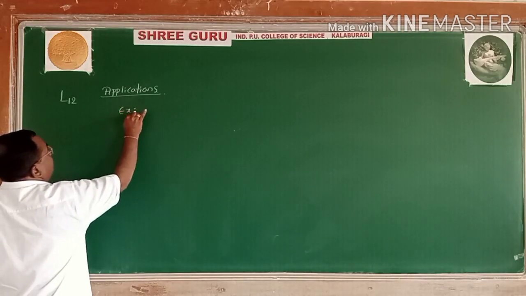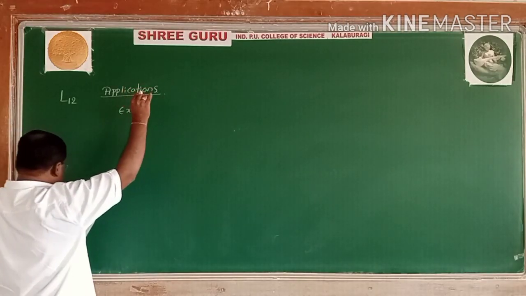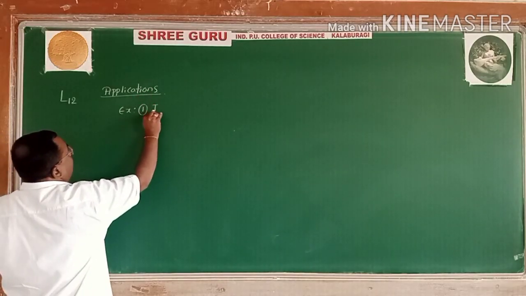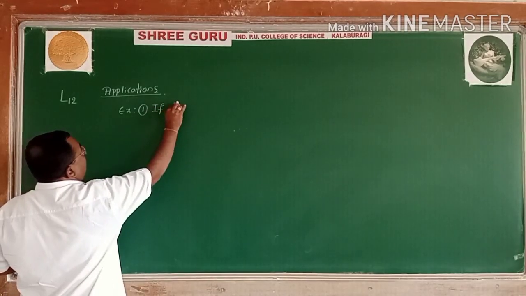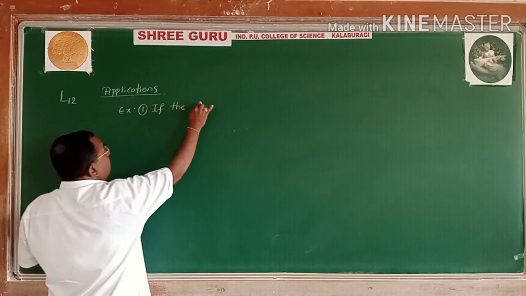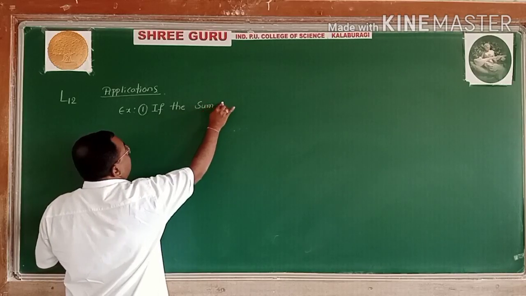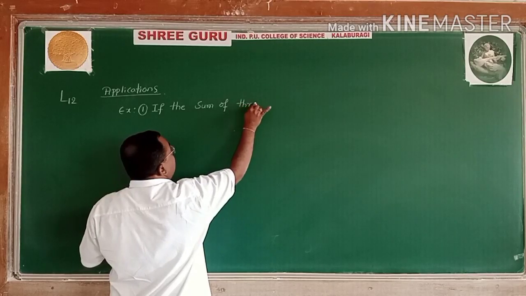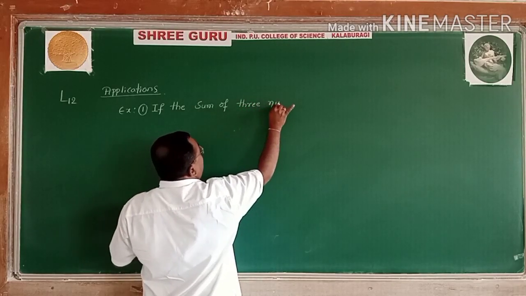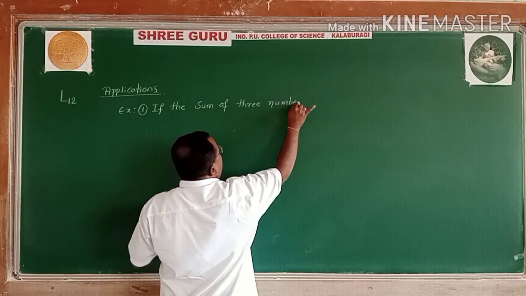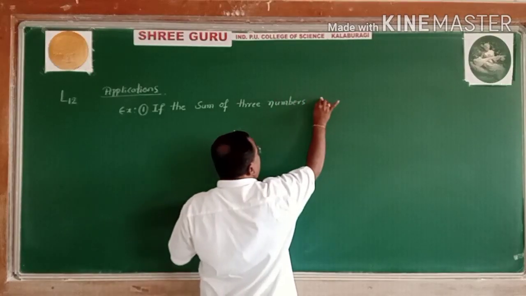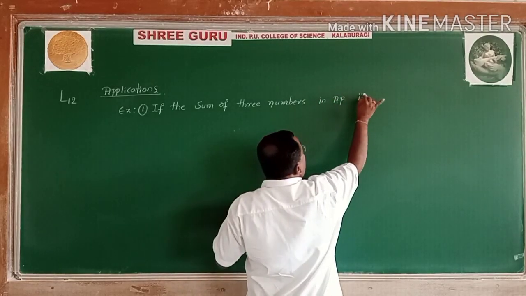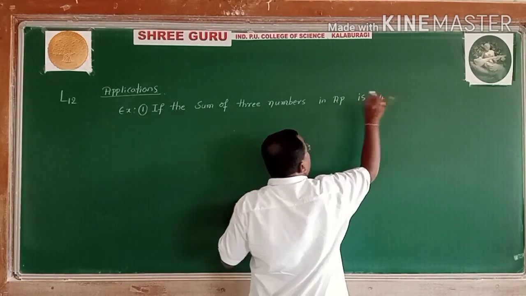Example number 1. If the sum of three numbers in AP is 24